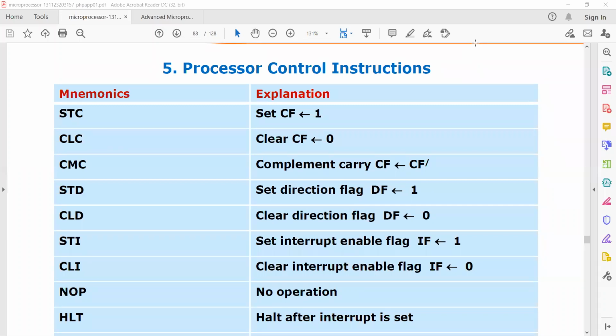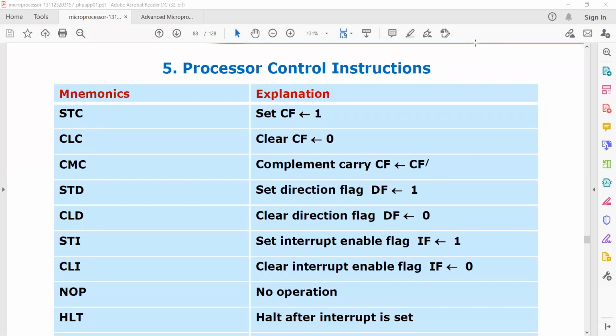That status of the processor can also be controlled by using the processor control instructions. That means we can modify the contents of the flag register. You have several flags in the flag register, and those flags can be controlled by using these processor control instructions.